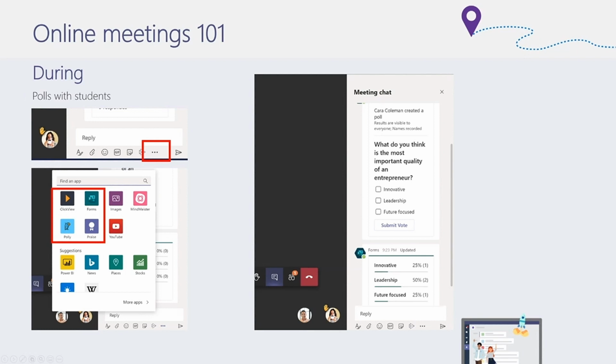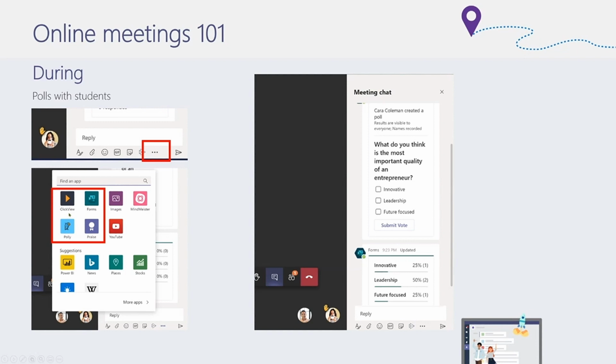So from that meeting chat that we've just highlighted, and here I can see the meeting chat, you will have 3 dots available to you, and those 3 ellipses or 3 dots are always something that shows that you've got more options. So wherever you can find that in Teams, you know that you've got more options of things that you can look at. When I click on those 3 options, I will see some apps that will appear, and here are a couple that we're going to focus on, one being Forms and number 2 being Polly. So we're going to have a look at how both of those can help us create a form or a poll within our meeting, within our chat from within that meeting, live as we're moving along.